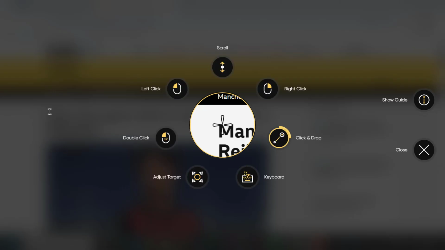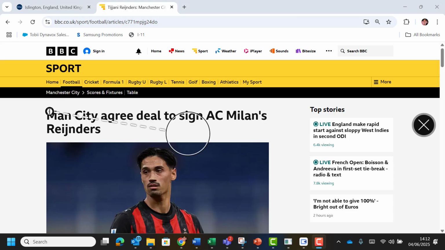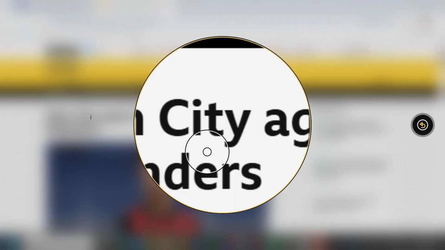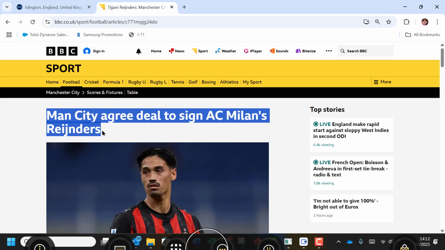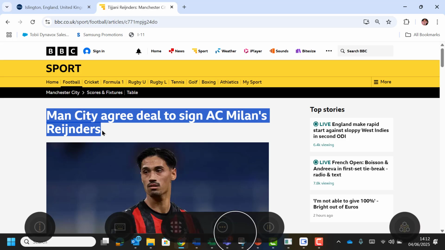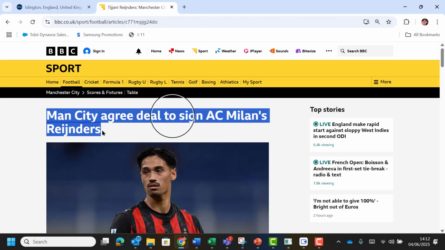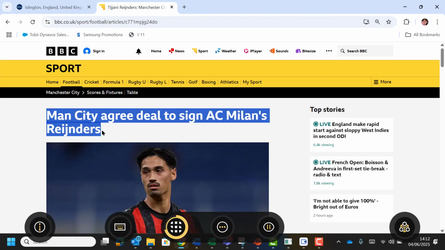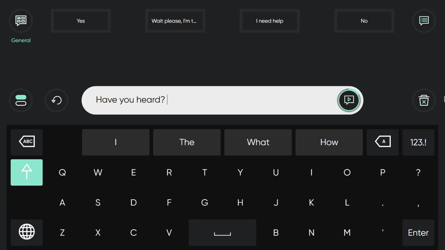A recent addition to TD Talk is the ability to copy and paste text from and to the message window. Imagine you've come across some news that you want to share with someone in the room. Here I'm selecting the text on the web page and copying it using TD Control. Look below the screen to launch Switcher and use this to go back to TD Talk.